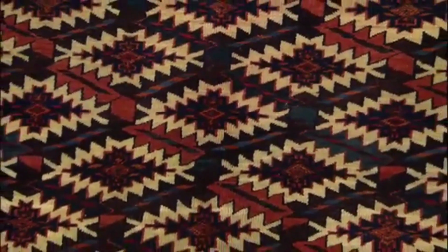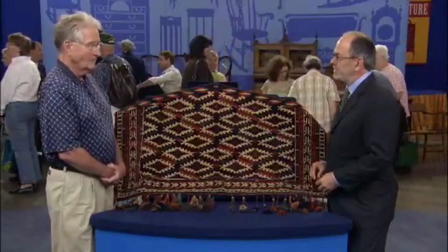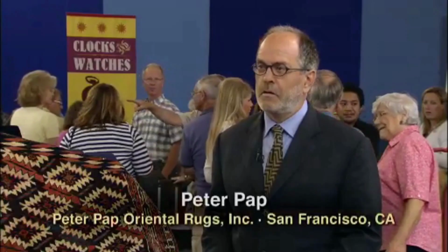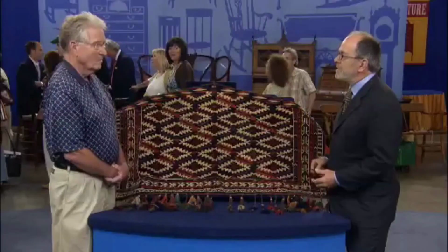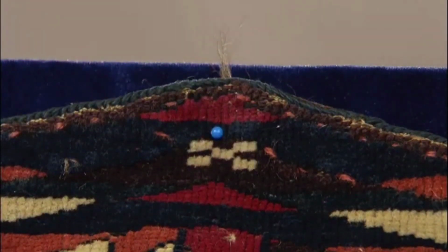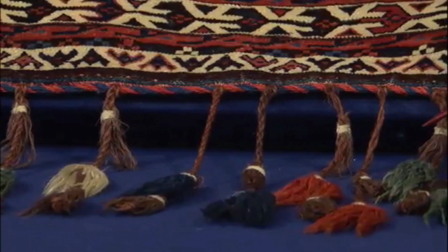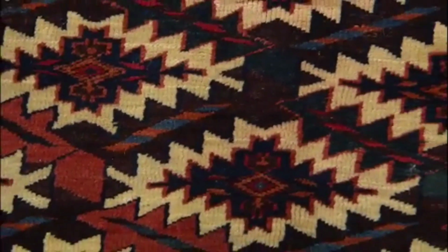Well, the piece you brought in today is a Turkmen piece. Characterized by its triangular shape and decorative tassels, it boasts a rich palette of natural dyes, including a rare insect-derived cochineal red. Some of the qualities that make it an asmalik, the main one is the fact that it's coming to a point at the top. The rug's fine quality is evident in its dense weave with approximately 200 knots per square inch, allowing for a clear and intricate design. In exceptional condition, this historical and beautifully crafted piece is valued at...